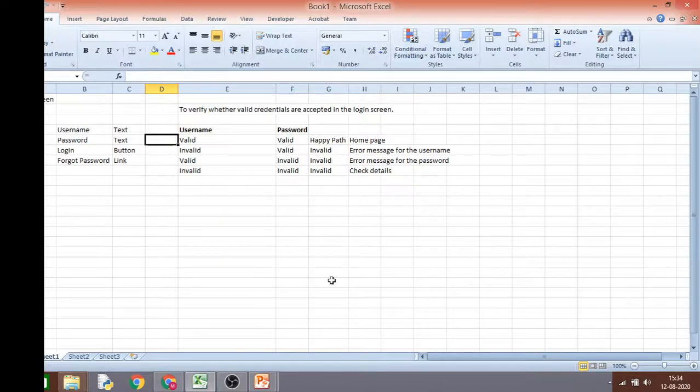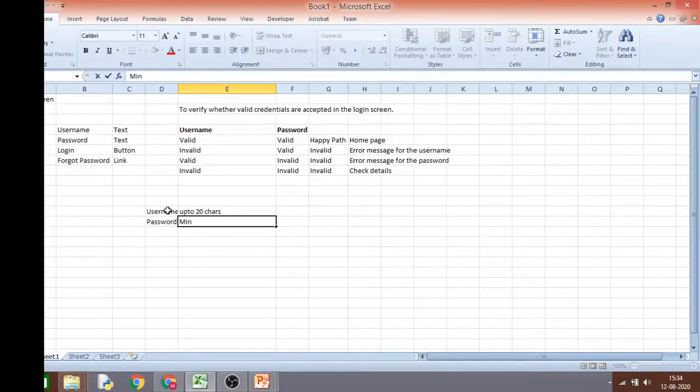I would say for only the login screen, you can at least have 100 plus combinations, if you're going to check each and every detail. Say your username can have only up to 20 characters, and the password should have a minimum of say 8 characters.